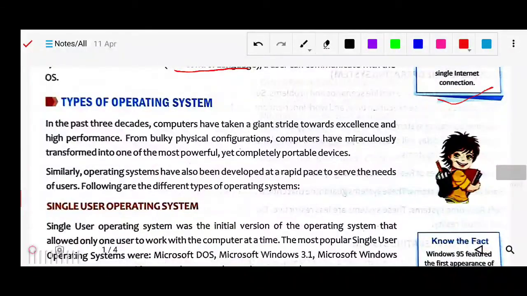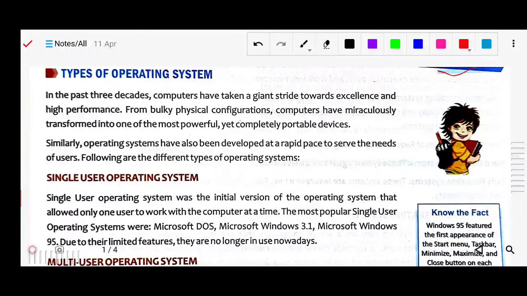Now, types of operating system. Already we have discussed the types of software. Now there are types of operating system. First is the single user operating system. Single user operating system means this type of operating system allows only a single user, one